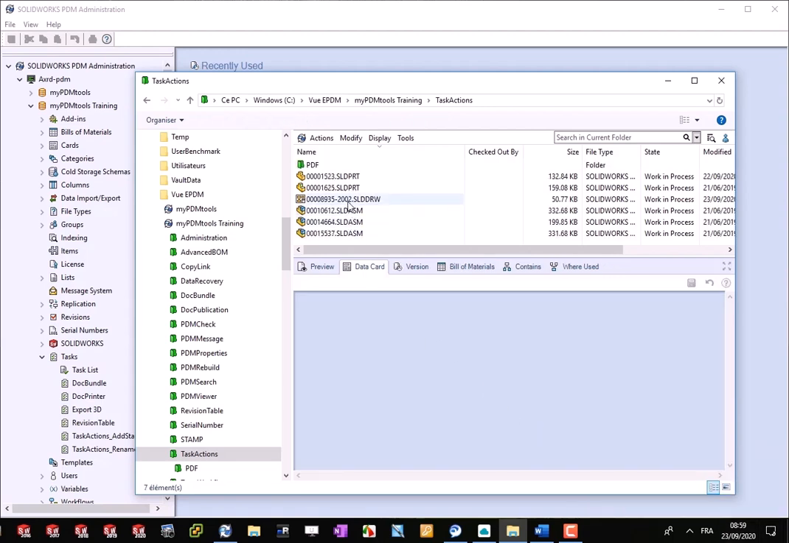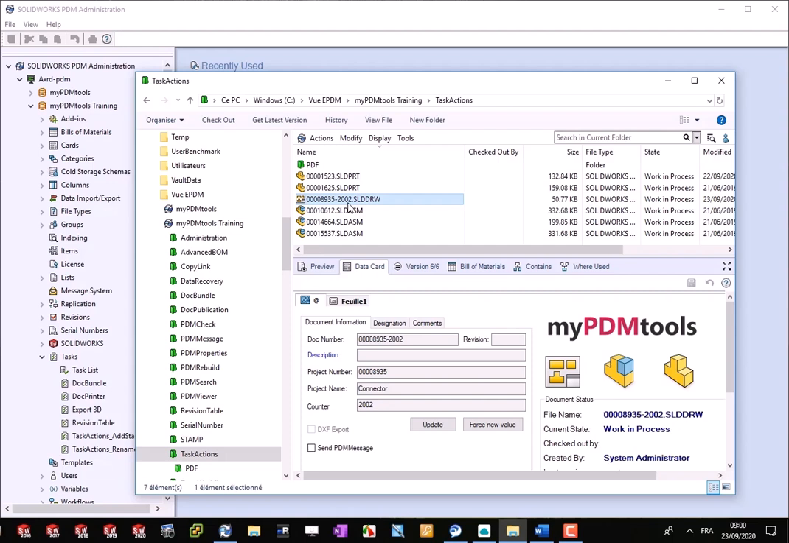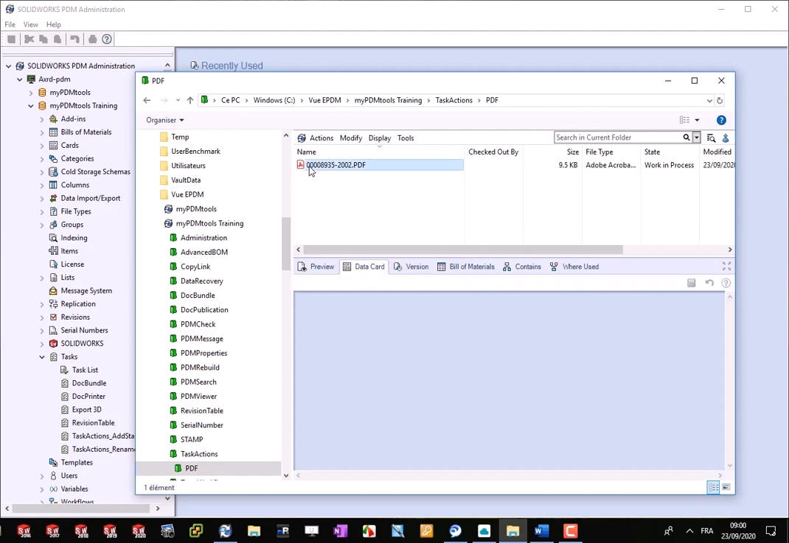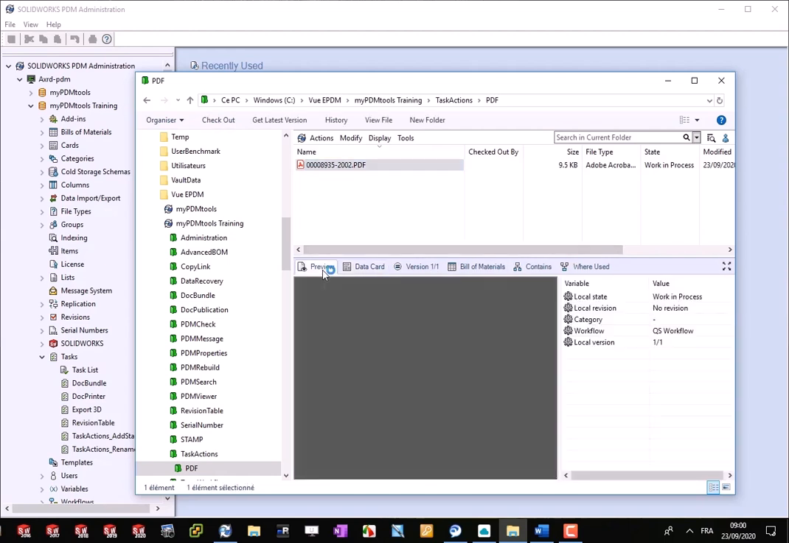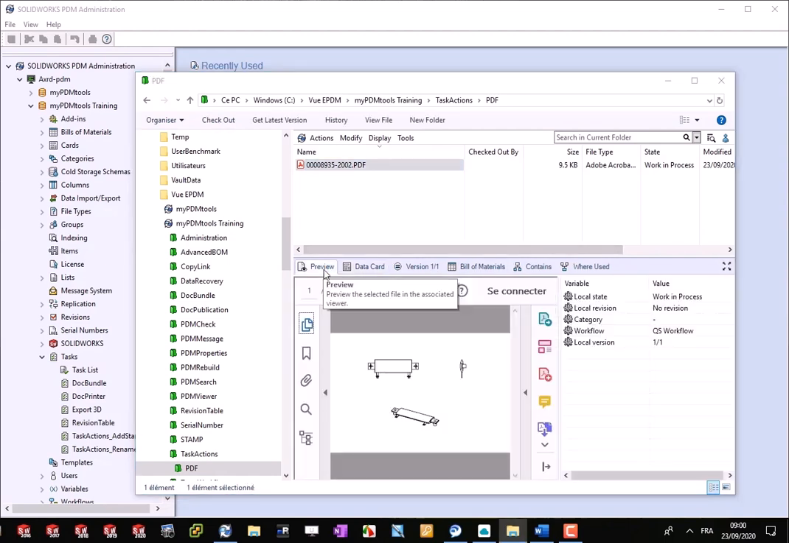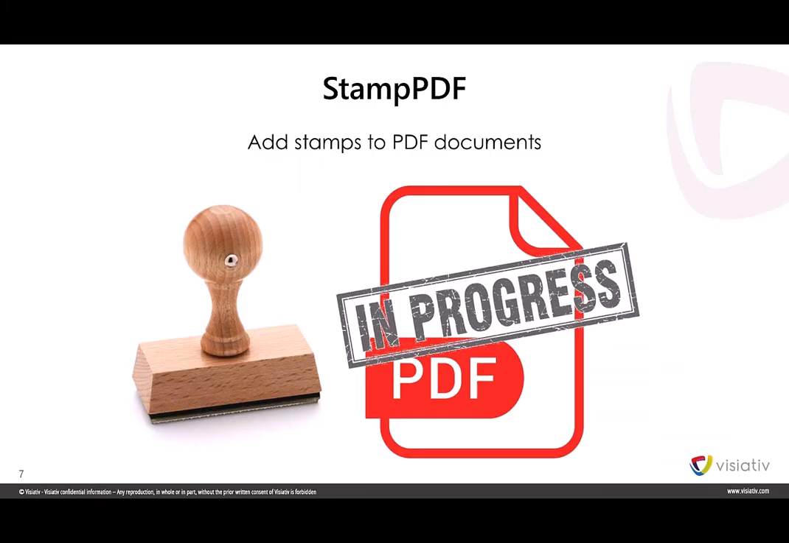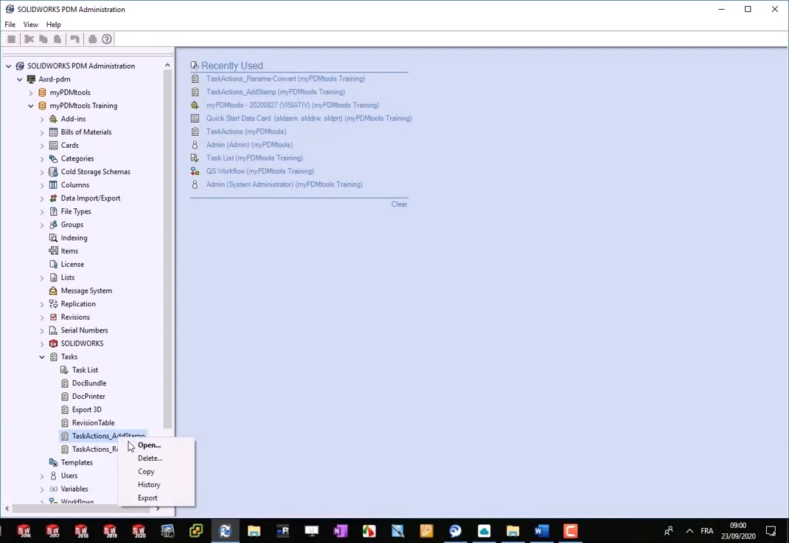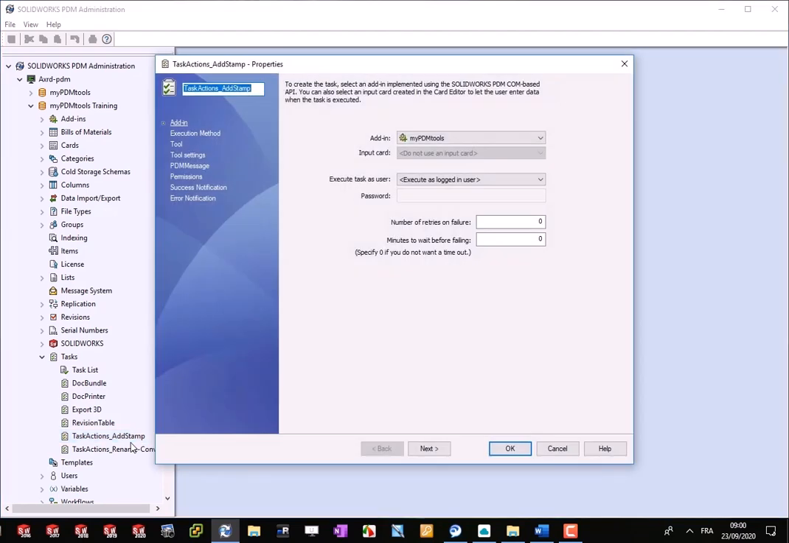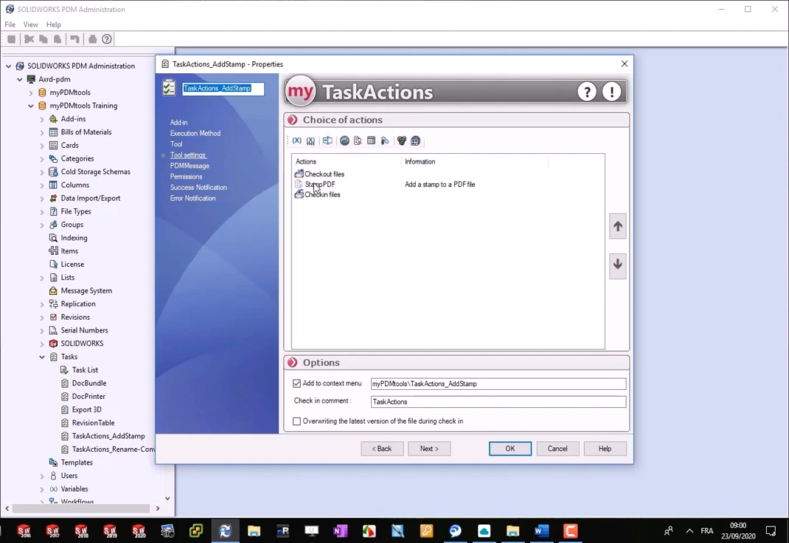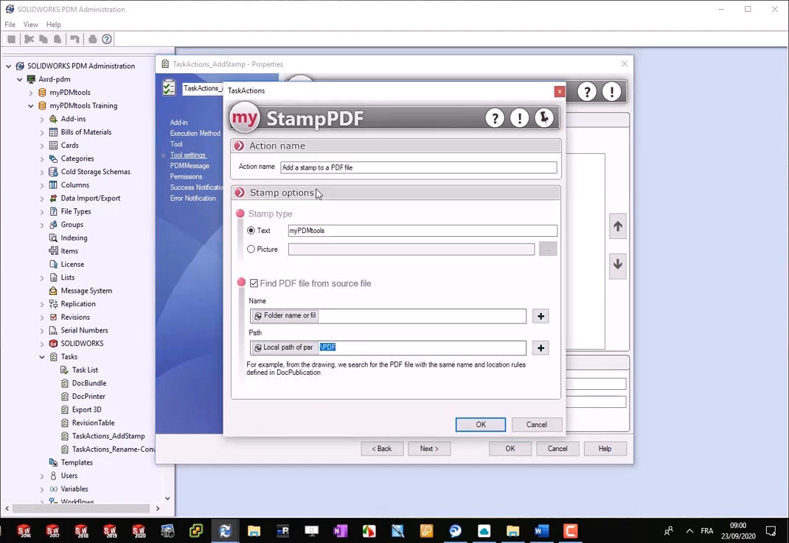You can see that the drawing has been renamed and that the PDF file is generated. We will now edit a TaskActions task to add a PDF stamp. Simply type in the text of the stamp